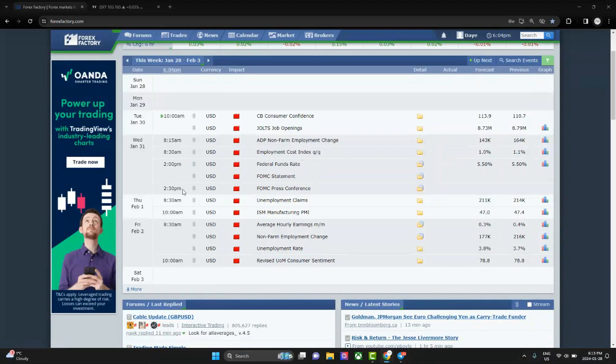This week will not be the best week to trade, but after the fact, looking at hindsight charts, you'll be like, well, I could do this and I could do that. But when you are in the live price movement, you won't be thinking that, due to how price will be moving. Thursday, we have unemployment claims, ISM manufacturing PMI, right? We have this in the heart of New York.